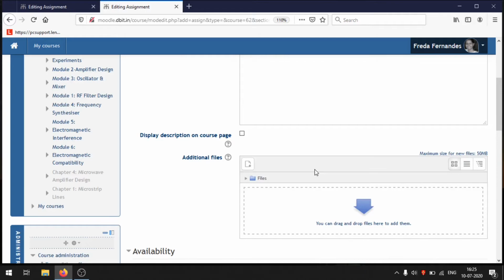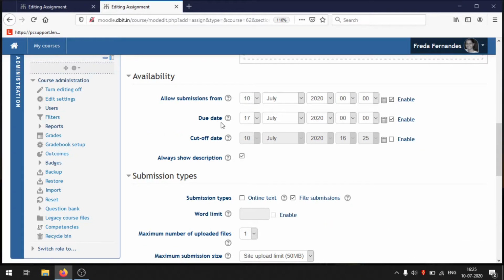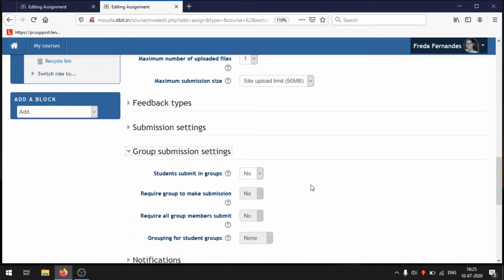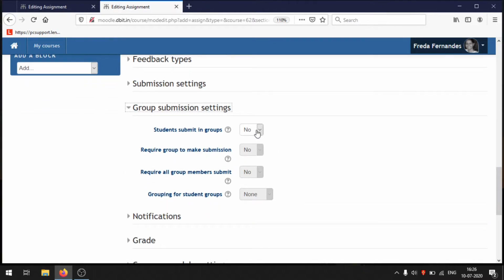Okay, then this is the submission due date, deadline. This is all okay. These things will not change much. Feedback type, submission settings, you can do a little bit of research on these things, but majorly I'm going to talk about this group submission setting. So if you want a particular group to submit, then you say yes.